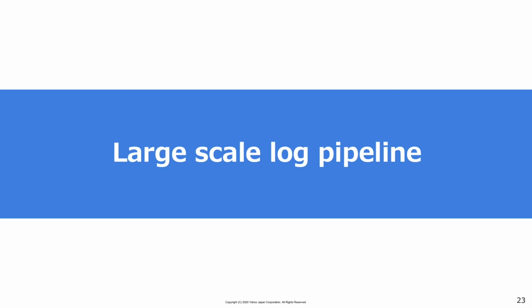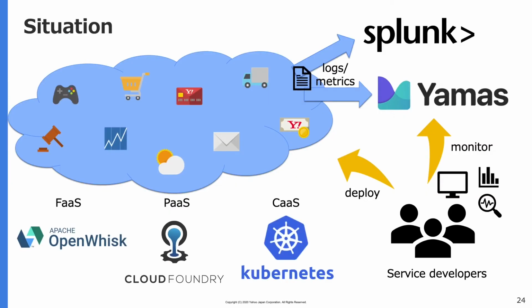Let me move on to the next section. So far, I introduced our existing use cases. Next, I will explain our new use case, a large-scale log pipeline. First, let me introduce our situation. Currently, in Yahoo Japan, almost all service applications are running on PaaS, Platform as a Service, like Pivotal Cloud Foundry, or CaaS, Container as a Service, like Kubernetes. Any service developers deploy their apps on PaaS or CaaS,